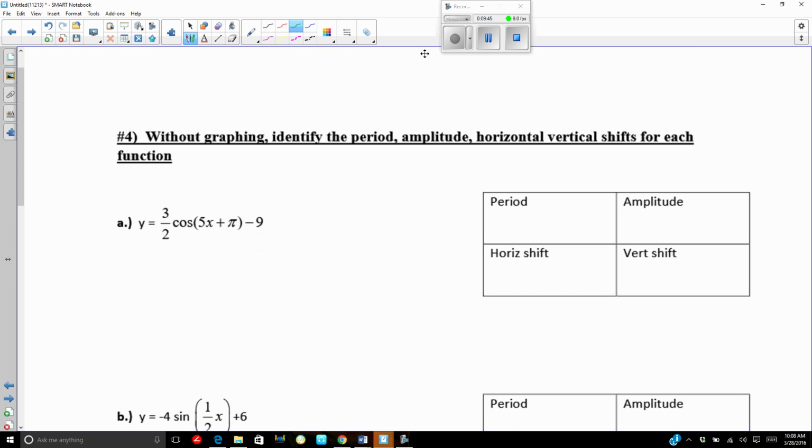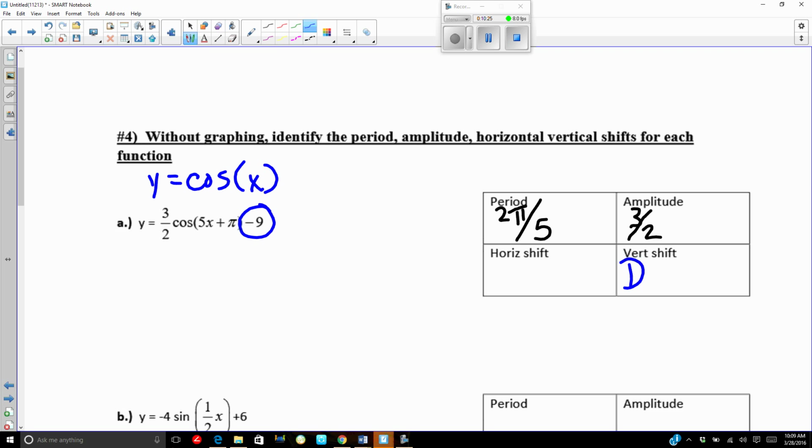All right, so for number 4, first we're going to figure out the period and the amplitude. So that's nothing new. The amplitude should be the easiest one. The amplitude for this one is just 3/2, or you could say 1.5. The period is 2 pi divided by the b value. The b value is 5. So there's the period, 2 pi divided by 5. And we just talked about the vertical shift. This number on the outside, that's our vertical shifter. Since it's a -9, it's going to shift the original cosine of x graph down